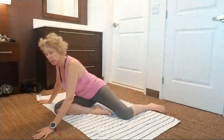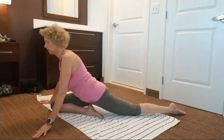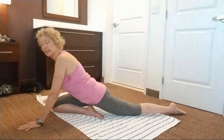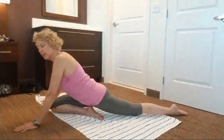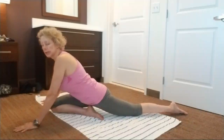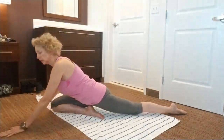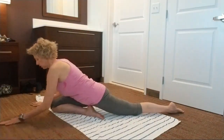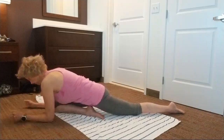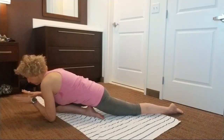So now I'm going to move on into more of this stretch on this side. I'm not on a yoga mat here, guys, because I'm in Bath, Maine, on work travel with my business, and so I'm in a hotel. I don't have a yoga mat with me, so I am on a hotel towel, which is fine, works. As you can see, I'm using my watch here to time a little bit, and I'm going to go down into the more intense pigeon pose, back to the elbows for this side. And I like to try to line the hips up so that when I'm doing the full pigeon, the